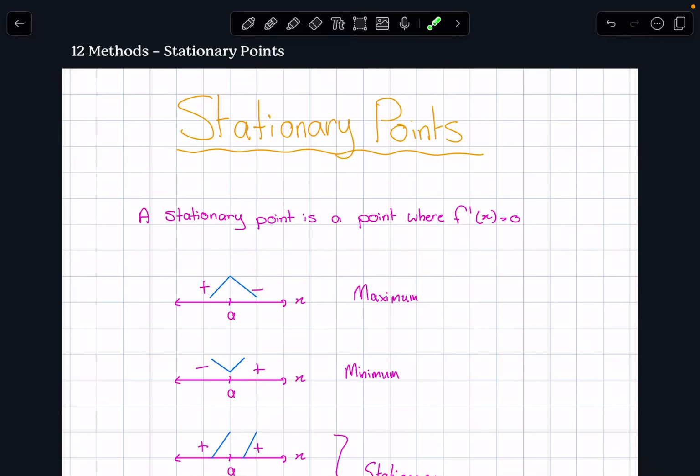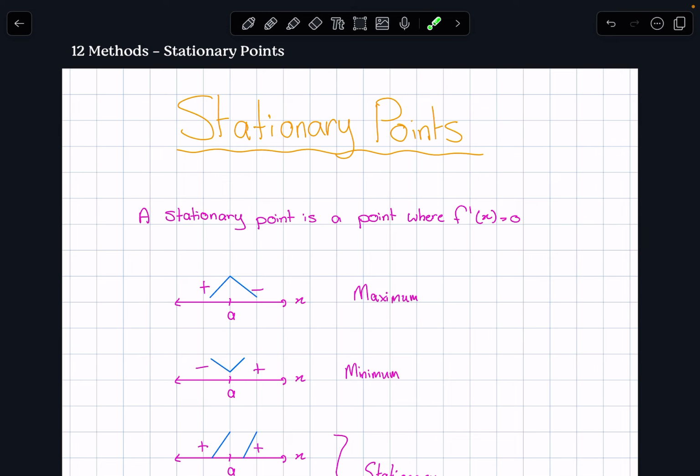G'day team, welcome back to another video on the applications of calculus, and today we're going to be looking at stationary points. Now in the last video we looked at whether functions were increasing or decreasing using our sign diagrams, but today we're going to take it a little step further and analyze what all these pluses and minuses actually mean. Now a stationary point is a point where f dash of x equals 0, so that means my tangent